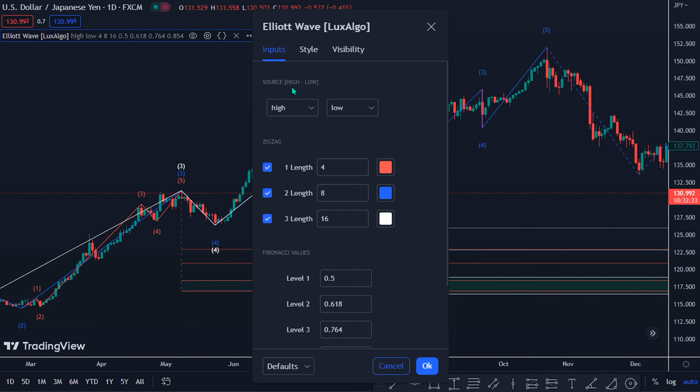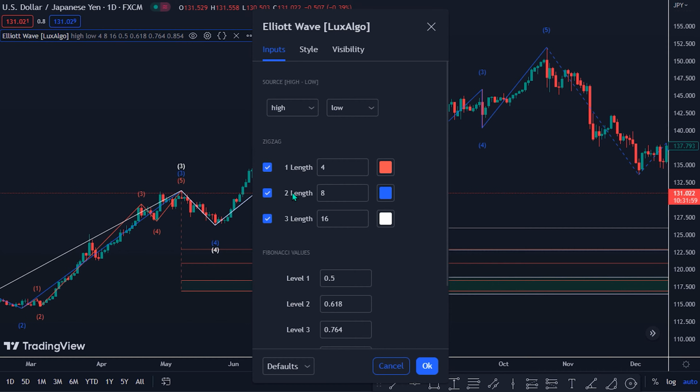Under the input settings, there is the source, high to low. The high has the options high, close, maximum of open and close. The low has the options low, close, minimum of open and close. Next is the zigzag. Under the zigzag section, there's the source and length, which are used to check whether a new